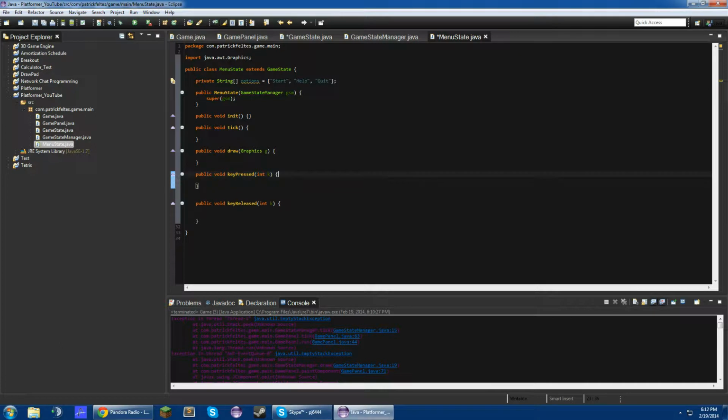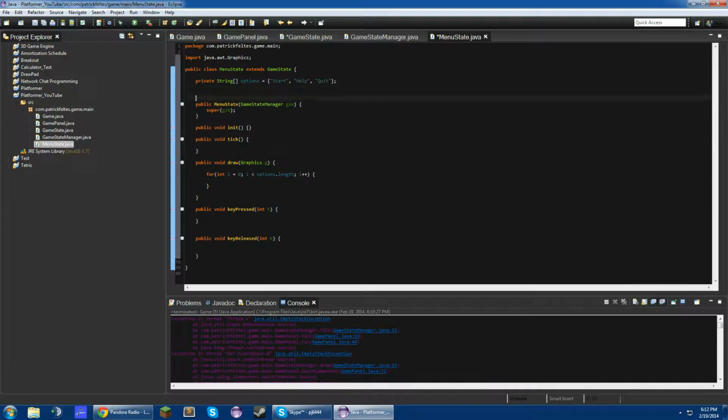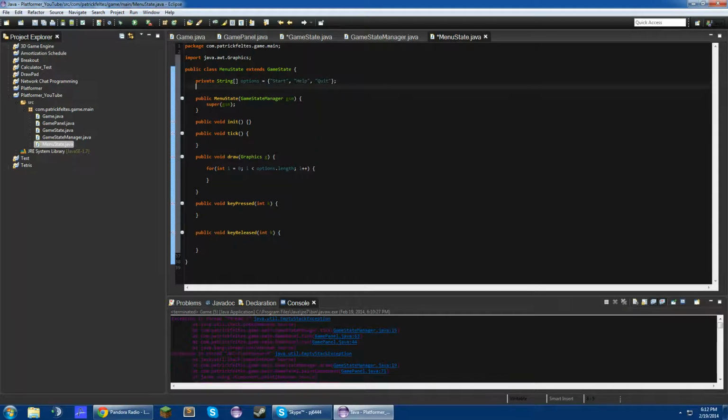So let's just get started drawing. We'll go for int i equals 0, i is less than options.length, i plus plus, so we can loop through. And we're going to add a private integer. We'll call this currentSelection, and we'll set that equal to 0. Basically this will be the menu option we have selected. So if i equals currentSelection,